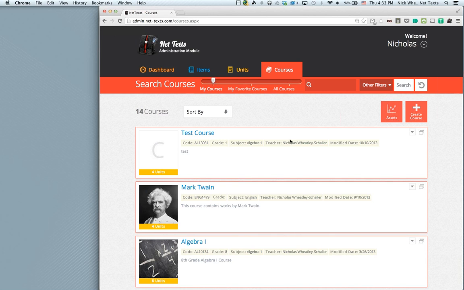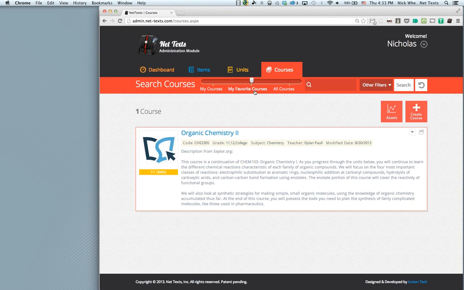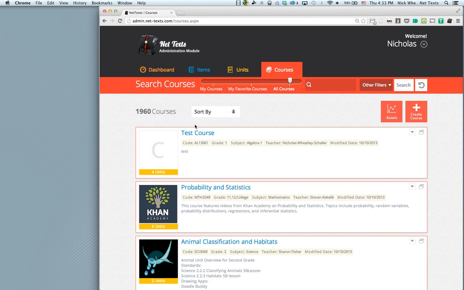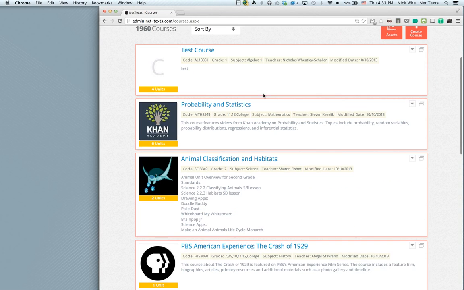So that's how you manage your own courses. You can add or remove units from them. If I click my favorite courses, that shows me the courses I favorited. If I click all courses, it shows me all the courses in the NetText database. So we can look at other teachers' courses,